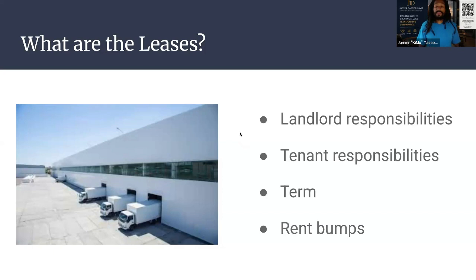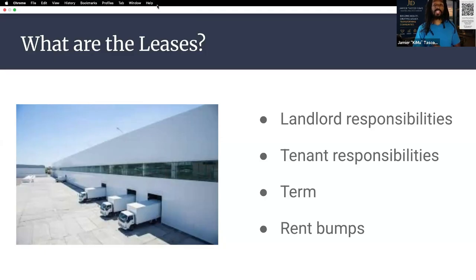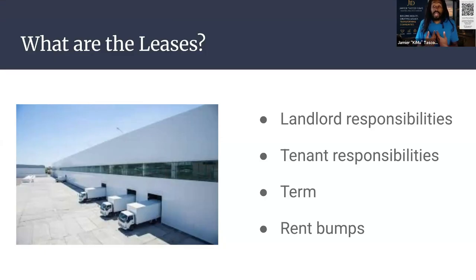Now, I do have a question. If you had a tenant who signed a 5-year lease, and with the last point on this, with rent bumps included, so you don't have to increase the rent, it's already built into the lease structure. Is that something that you would sign on to? I know I would.